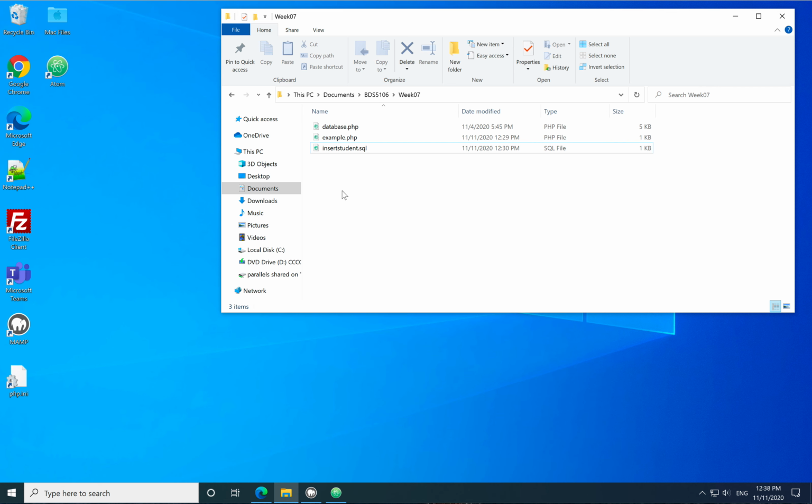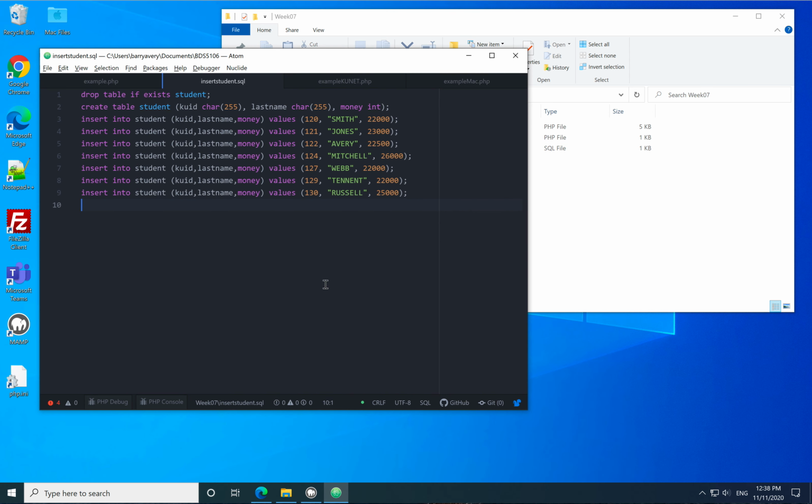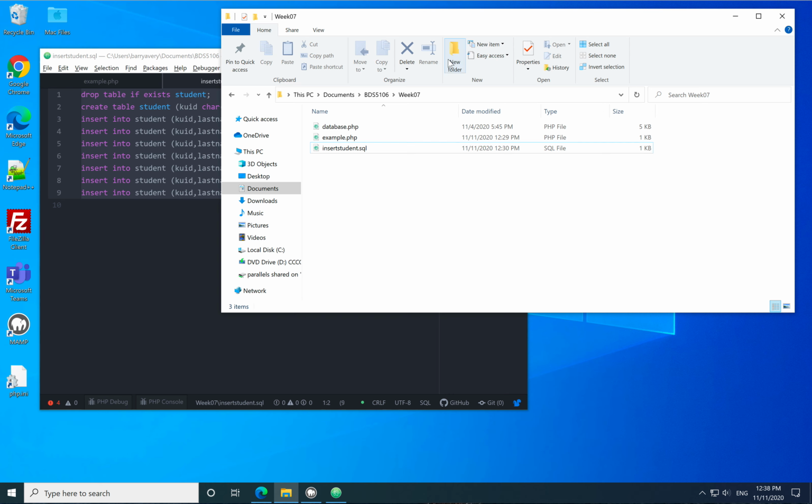Let's deal with the SQL first. So if I open up the insert student SQL, this is a text file, and as you can see what it's got in it, it's got a bunch of lines that we can use to actually create a student table and insert some dummy records. So I'm just going to copy that and nip over to